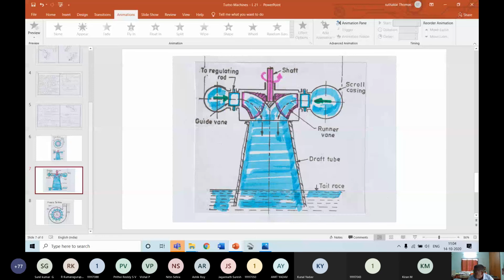Axial flow turbines where the blades are fixed are called propeller turbines. They must be cheaper, and so long as the load and other things do not fluctuate much, the cheaper propeller turbine should be good enough. As you see here, in all reaction turbines, you will have a draft tube. We had already seen the analysis of the draft tube: what it does when you add a draft tube at the exit of the turbine, and how it influences the performance of the turbine. All these things we have seen.